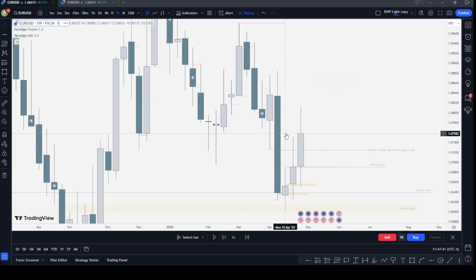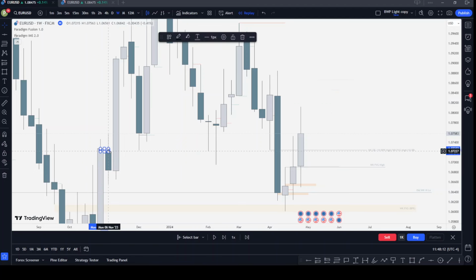If we go back in time, this is a new week opening gap, but price did not close above it. So all the new week opening gaps here are not valid until you get here. This is the closest new week opening gap to the current price action that has recently had a change in state. So I should mark these out,